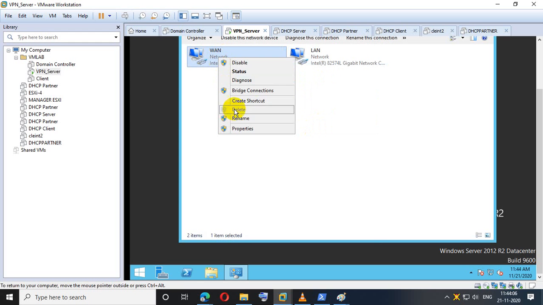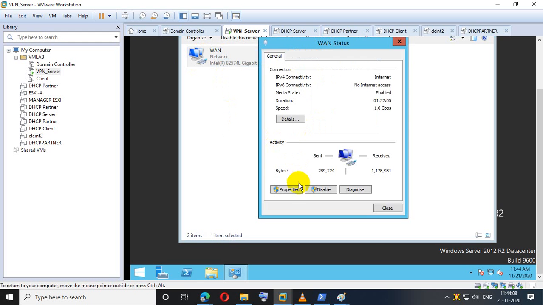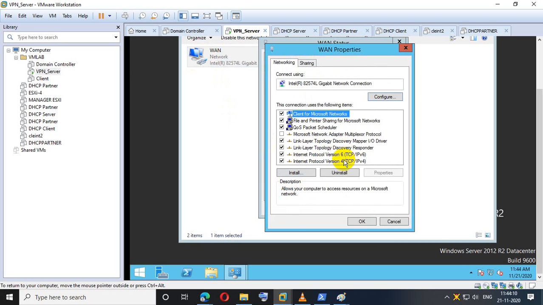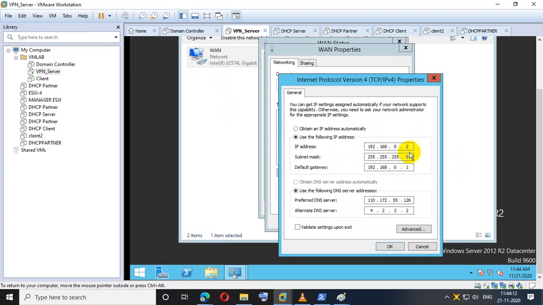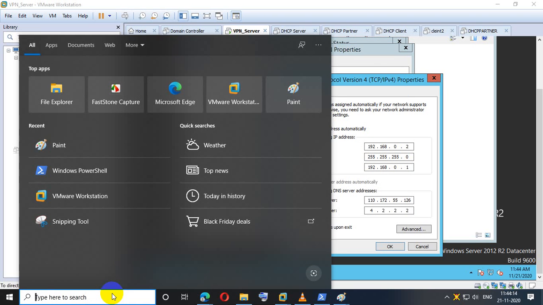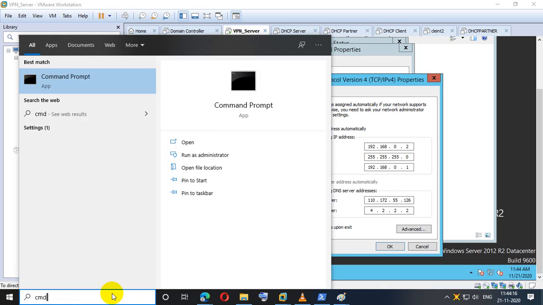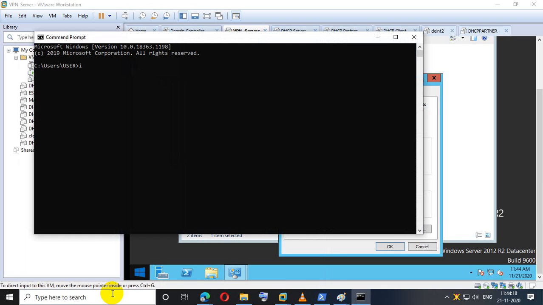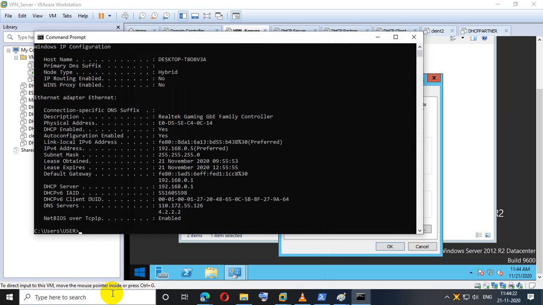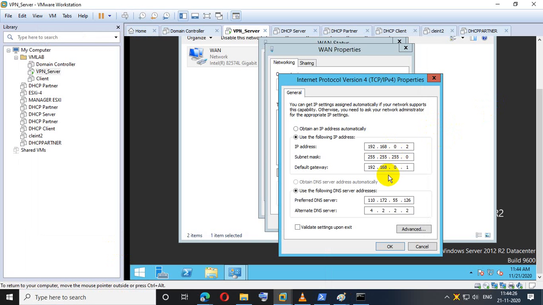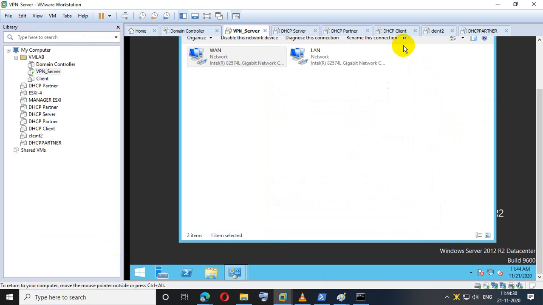So I am just, see, if I go to the properties, you see the IP address of that, and this is my base machine IP address as well. See, same network range, same DNS and all. So in that case, I'll just make them disabled, just disabled.